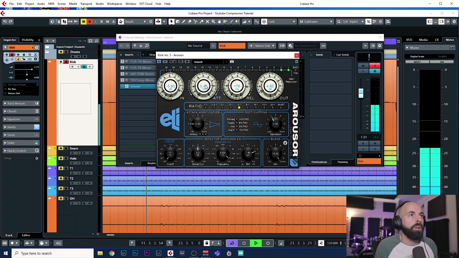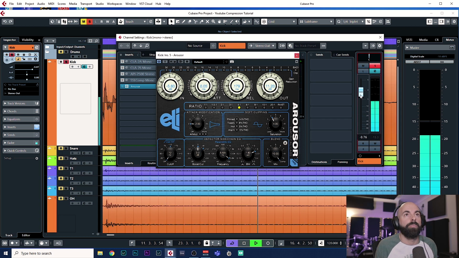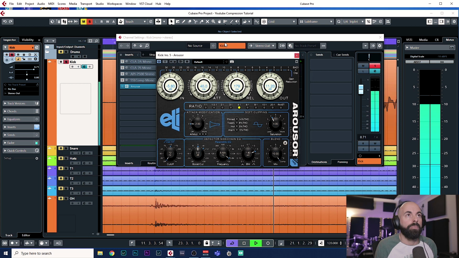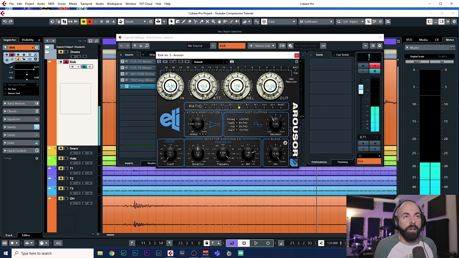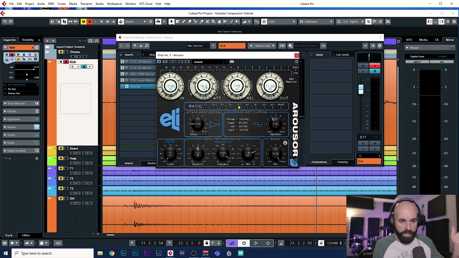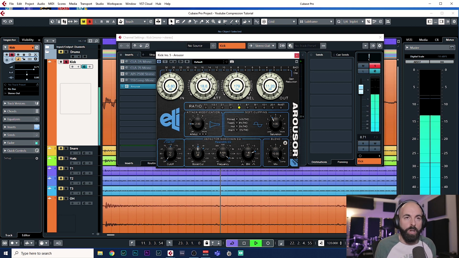And what I'm going to do is start increasing the attack. Let's turn it up a little bit. If we set our attack too slow, we start to see that the compressor doesn't even grab any of it, because it's too slow to grab any of the kick drum before the next kick drum comes in. But if we drag that back,